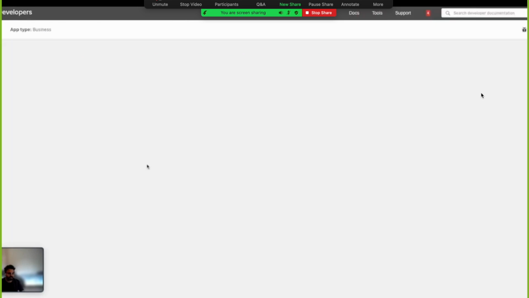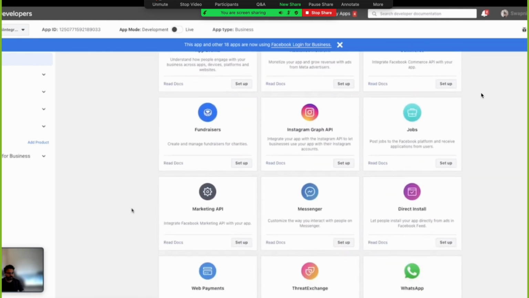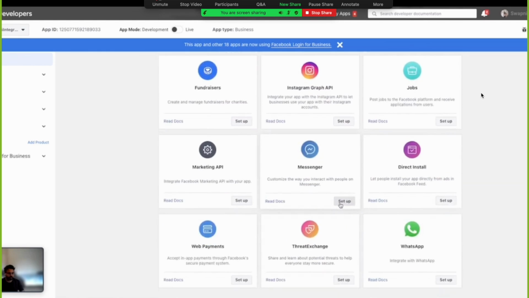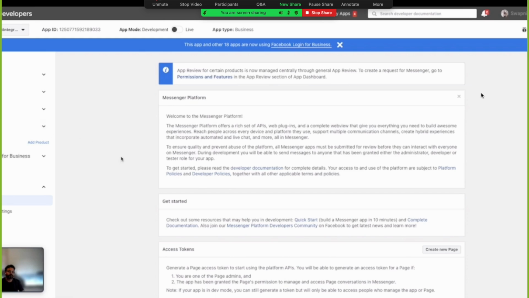Let's also add the messenger product. We'll not go super detailed into it, but the messenger product gives you a quick way of configuring certain things if you own the app as well as the business that you're trying to use it with.